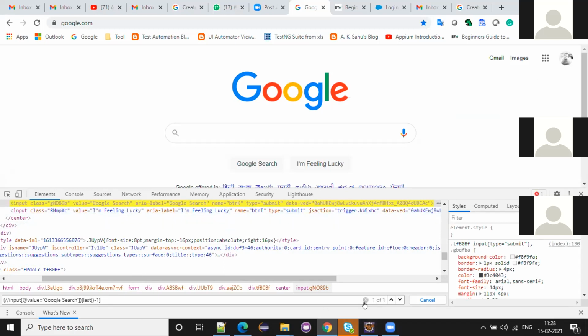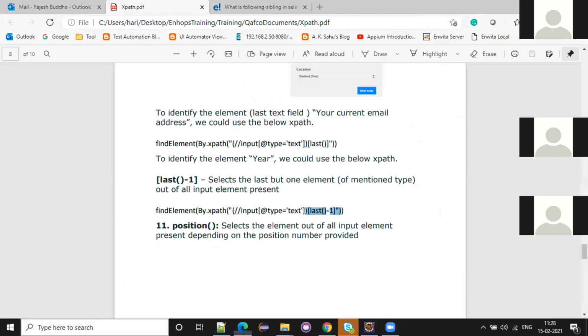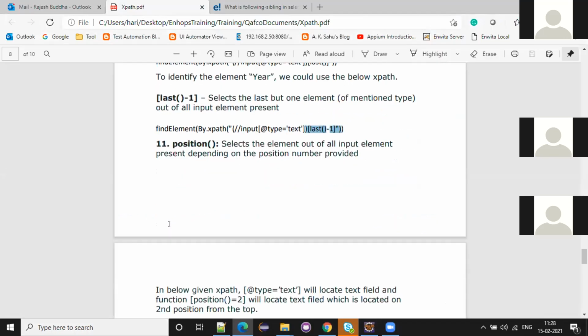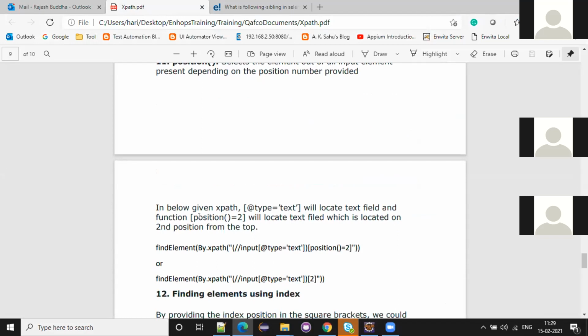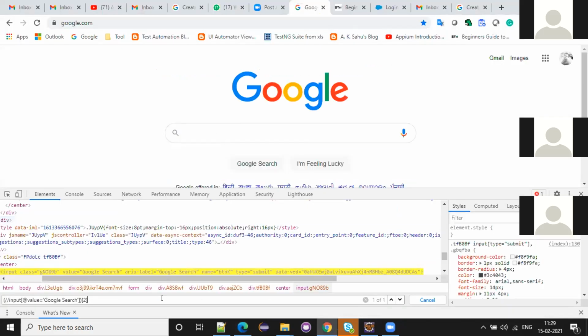So using position, but see, instead of this, please use index. That is the best thing. 1 or 2. But this way also we can write the XPath. With the position also, same thing, we can write which position you want, like the first node or second node. Even if I give the second position, the second node is coming.